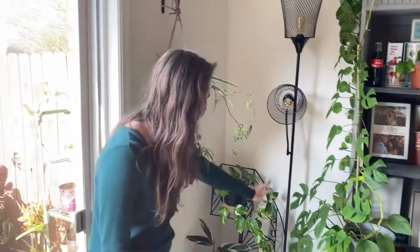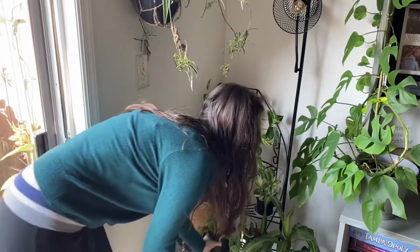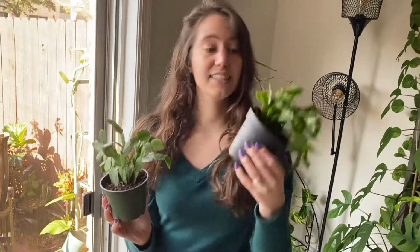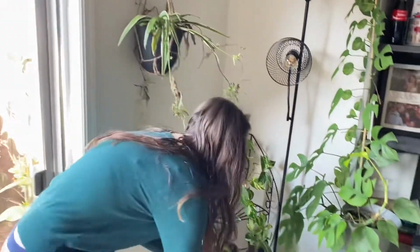I've got lots of different fun things here. I started collecting the different holiday cacti this year. This is a Christmas cactus. This one's a Thanksgiving cactus. So I need an Easter cactus. Next up,